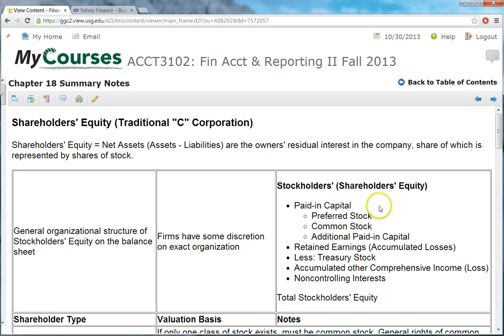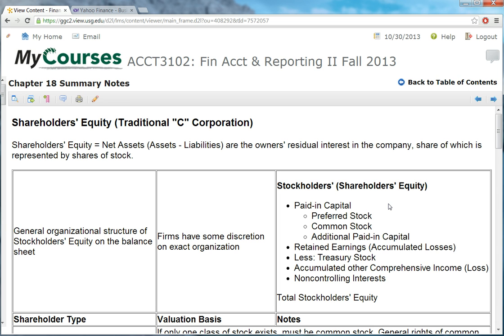And for traditional C corporations, there are a variety of potential kinds or classes of stock. The two most typical classes of stock are common stock and preferred stock. In fact, for a company with only one class of stock, it must be common stock. These other classes of stock can come in subsequently from amendments to the corporate charter and so on. But if a company only has one class of stock, it must be common stock. And then they can do some of these other